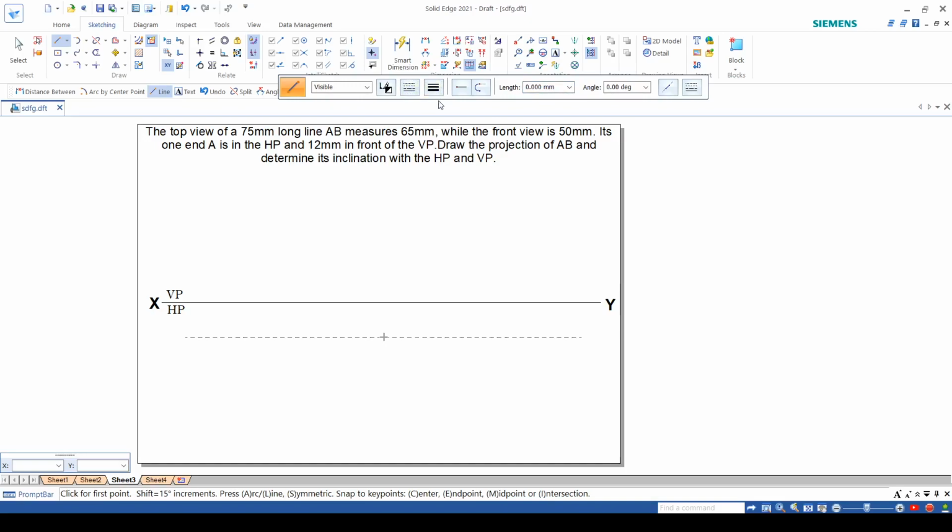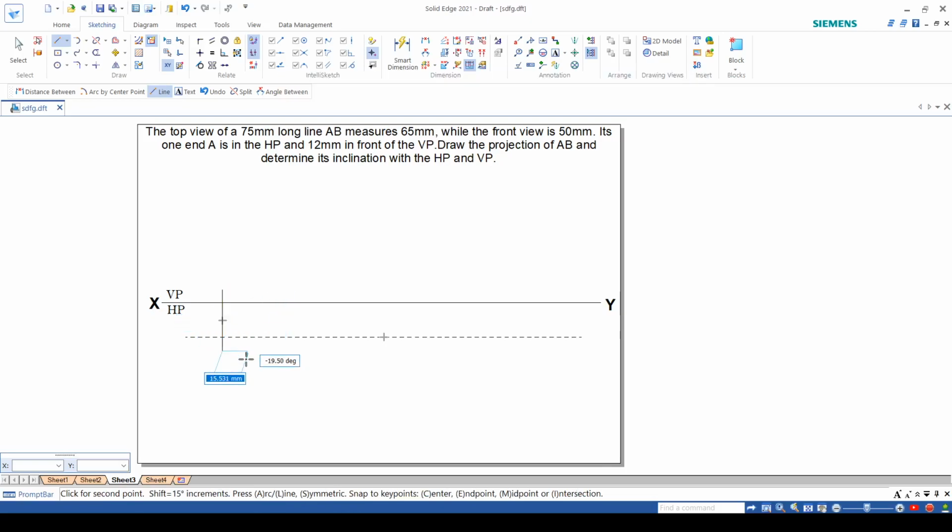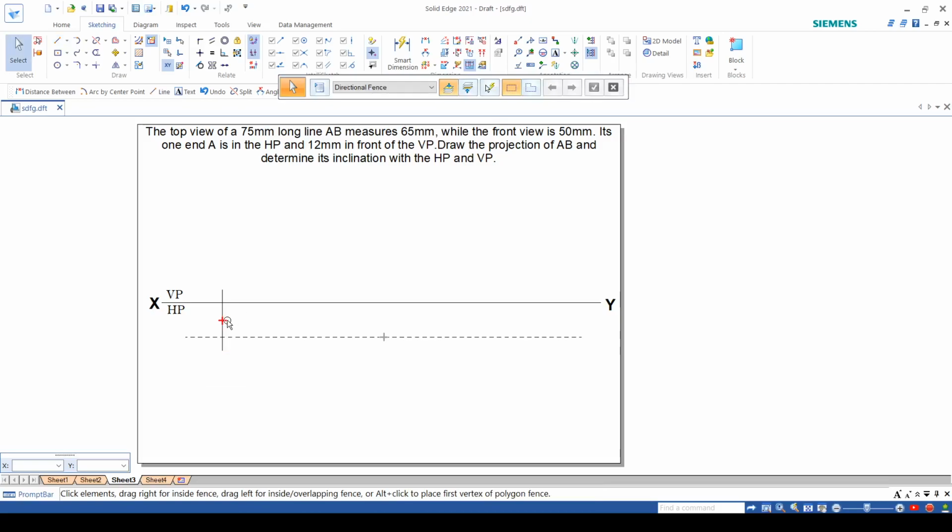Okay, I think this would not be showing to you. Leave it. So now I would just create this line. If you are thinking that I have not marked anything on this side, it's because nothing is given for the HP distance. For HP, it's not given above HP. So the point would be on the XY line, and point A would be lying on the HP.